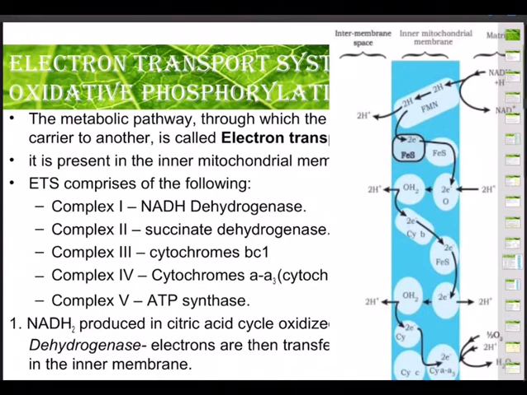In phase 2, there is something called link reaction, wherein the pyruvate molecule, having NAD plus, with the help of CoA, that is, the reaction supervised by Mg2 plus and pyruvate dehydrogenase, forms acetyl CoA plus NADH plus H plus CO2. So each pyruvate molecule will be giving rise to one NADH, and then this results in the formation of 6 ATP molecules.